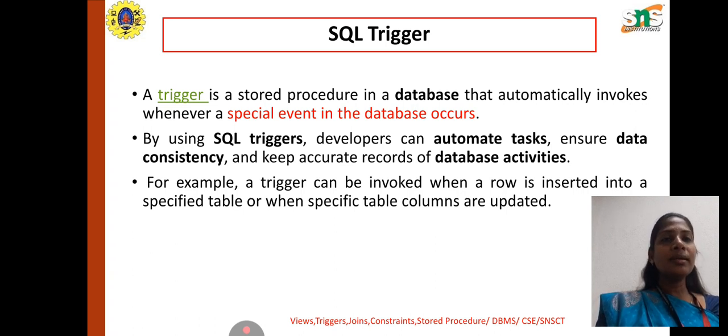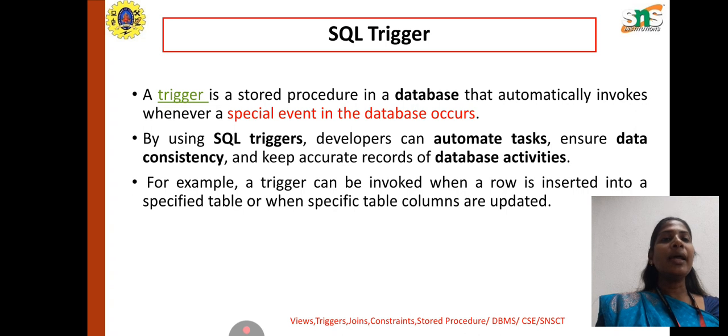By using SQL triggers, developers can automate tasks and also ensure data consistency. Consistency is, for example, if I am transferring an amount from one person to another person, the whole amount before and after the transaction should be retained at the same value. Only then it is called consistent data. That should be maintained by SQL triggers, which keep accurate records of database activities. Whenever we make small changes to the table,